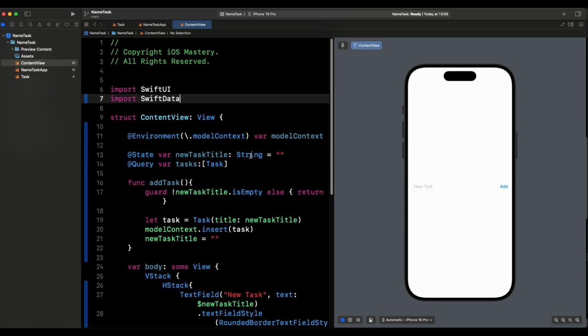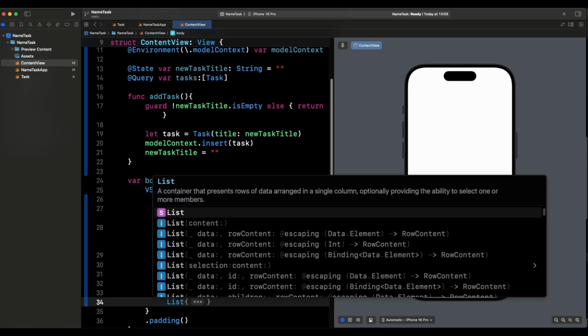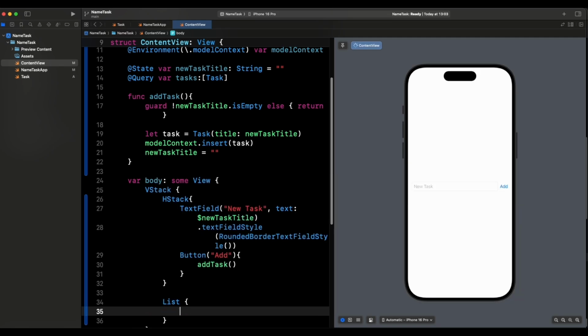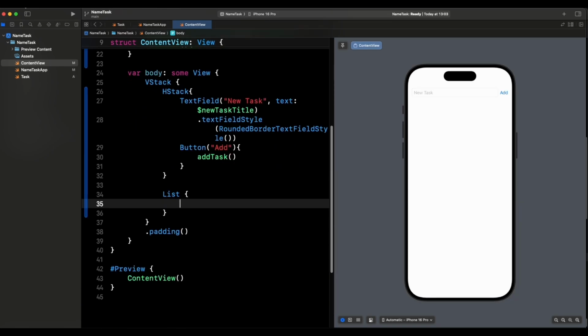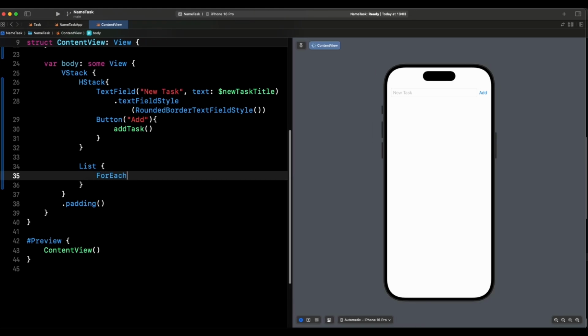And now we need to see if there are any tasks available. So how do we get that? We come down here after our HStack. After our HStack, what we would want to do is have a list. Now the list is going to loop through each task, so we could give ourselves a bit more real estate, and we say ForEach, and what this is going to be, it's going to take